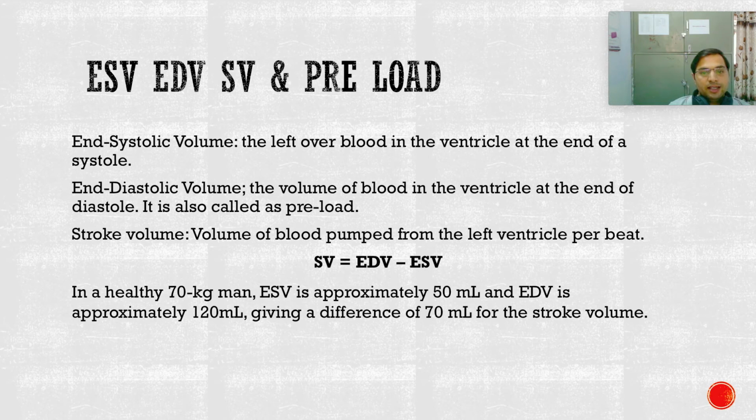So every cardiac cycle, the blood pumped from the left ventricle, and the right ventricle also, is stroke volume. Stroke volume is the difference between the end diastolic volume, that is total blood volume in the ventricle, and the end systolic volume, that is the volume left after the systole is over, after the contraction is over, there is some blood left inside the heart. So the difference between them is the stroke volume. So stroke volume is the blood pumped into the pulmonary artery and into the arch of aorta.